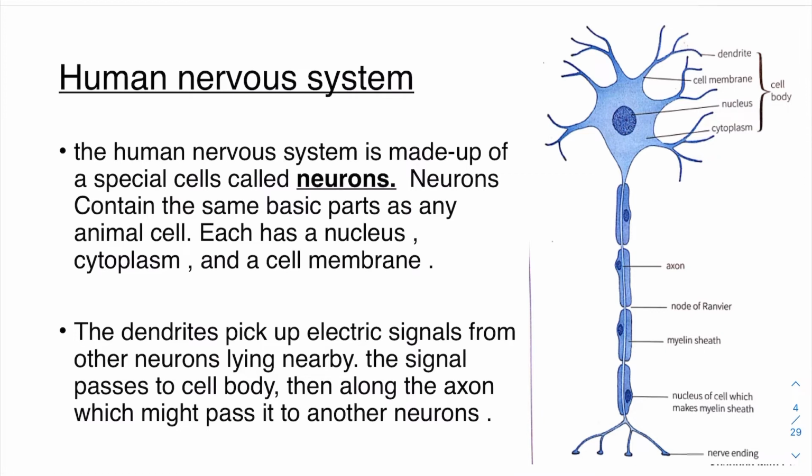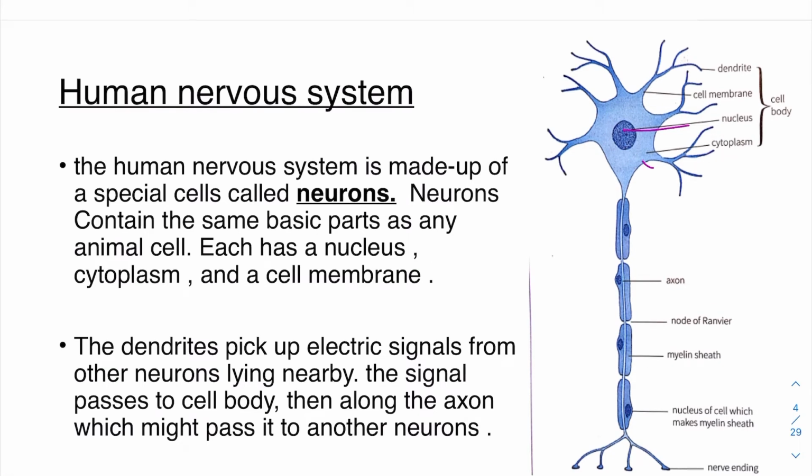For example, cytoplasm, cell membrane, nucleus. So they have these main parts, but they also have some different parts, such as these long fiber-like threads,